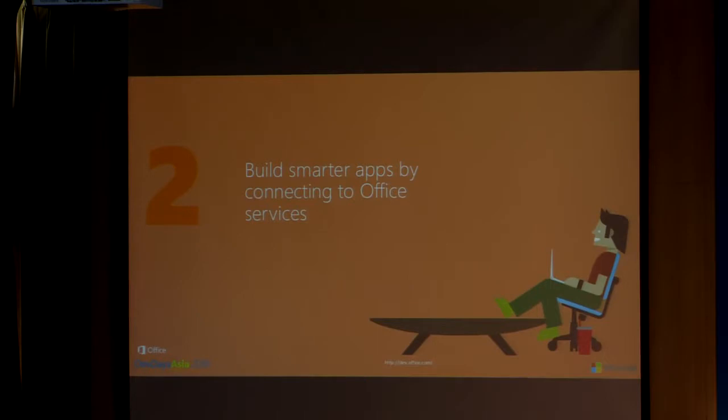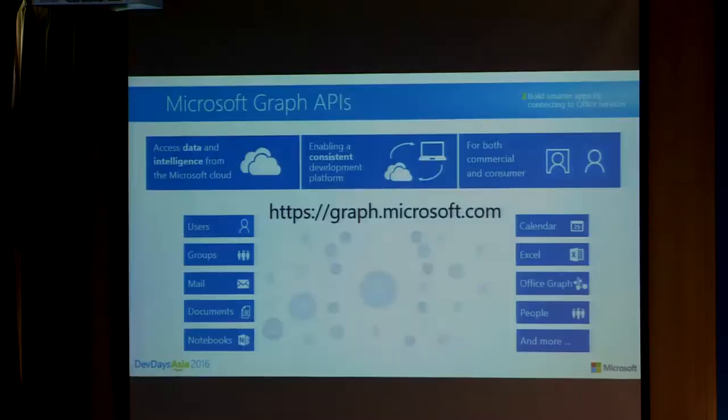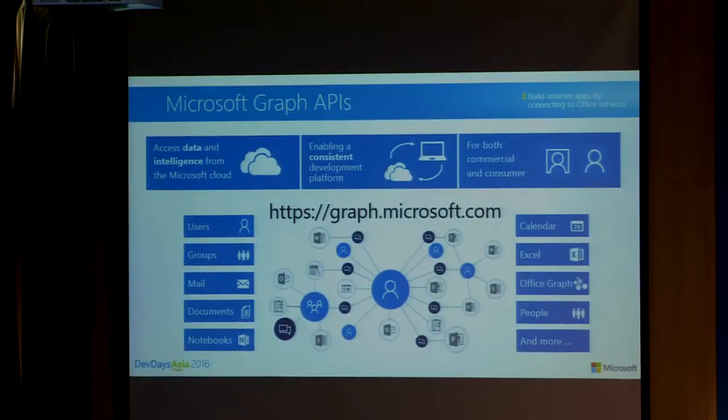Second bucket, build smarter apps by connecting to Office services. So really this hinges on something called Microsoft Graph. And Microsoft Graph is designed to be our single API for accessing all of the data and intelligence in the Microsoft Cloud. So all you have to do is build an application that authenticates with Microsoft's standard OpenID OAuth 2 endpoint and accesses the REST endpoint graph.microsoft.com, and you have access to users and groups in their directory, their email, their documents, their notebooks, their calendar, the insights and inferences generated by the Office Graph, the people they work with,